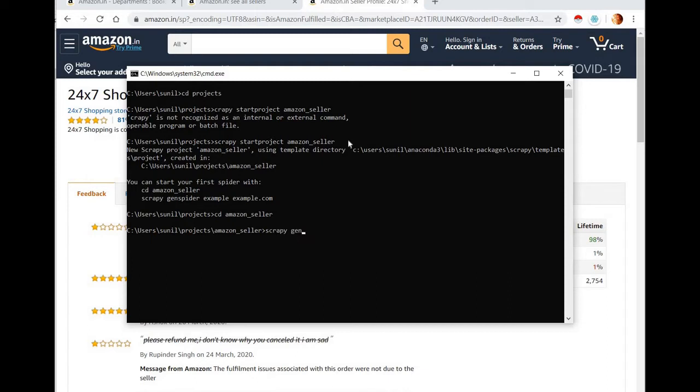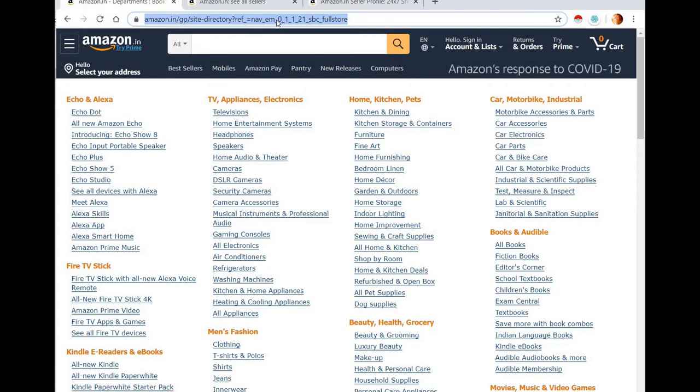Scrapy genspider, and here you can select sellers info and this domain URL. I'll just get this domain URL and copy it.